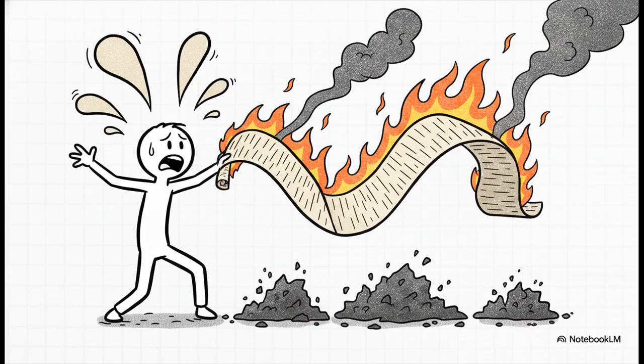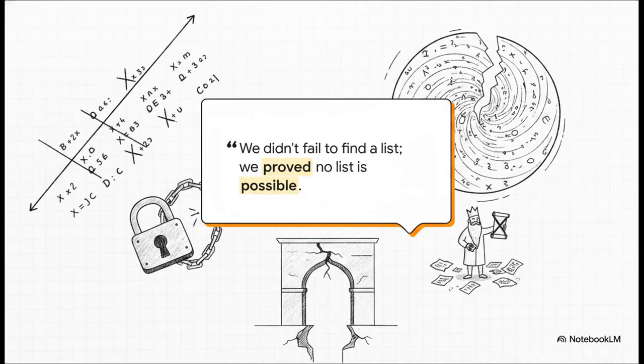Suddenly, your stick figure starts sweating blue water drops. The list has failed. Your precious scroll mathematically catches fire and just crumbles to ashes. It is an absolute contradiction. We didn't fail to find a list. We proved no list is possible. This quote brilliantly illustrates the monumental implication of Cantor's proof. We didn't just fail to find a clever way to list the real numbers. We proved that no list is possible. Any conceivable attempt by any mathematician using any method ever is mathematically doomed from the start.